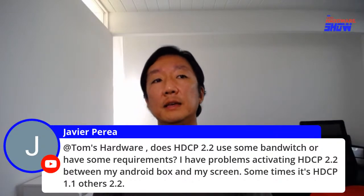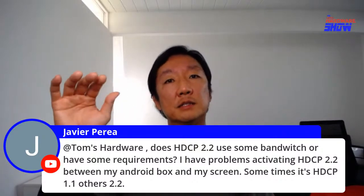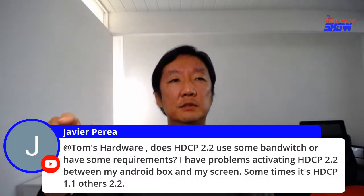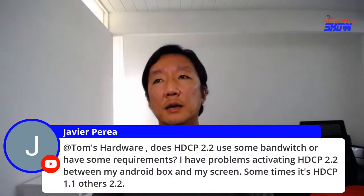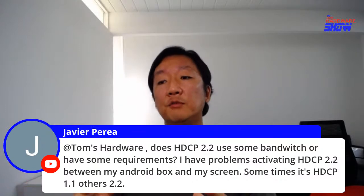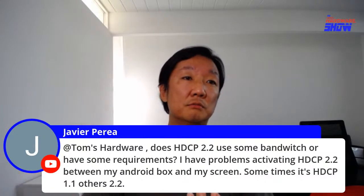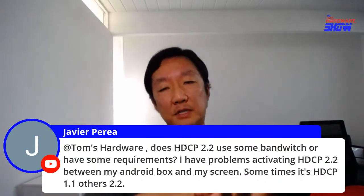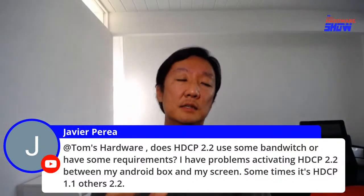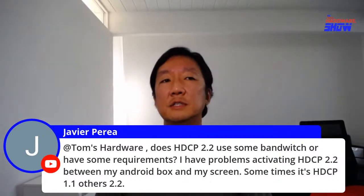So having said that, the difference between the versions is HDCP 2.3 is the latest, but between 2.2 and 2.3 there's no huge difference. But there's a pretty big difference from 1.x to 2.2, 2.3. And as far as I understand it, depending on the content and the content provider, they may restrict content being delivered over anything below HDCP 2.2. So again, that depends on the device manufacturer as well as the content provider that actually sends the content out. And that's not a technical issue, it's more of a legal issue as far as I understand it, because